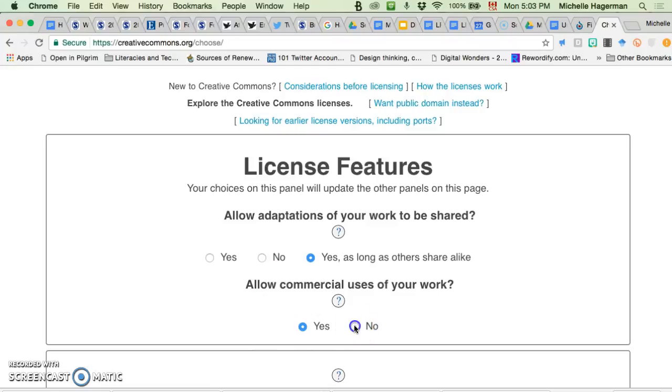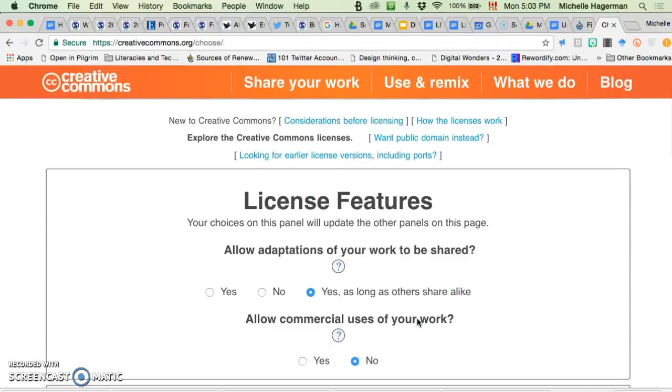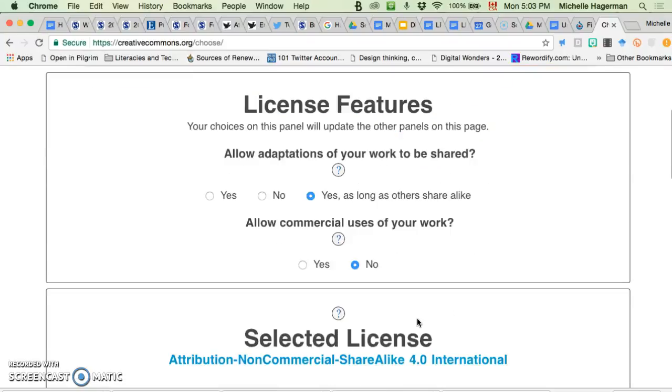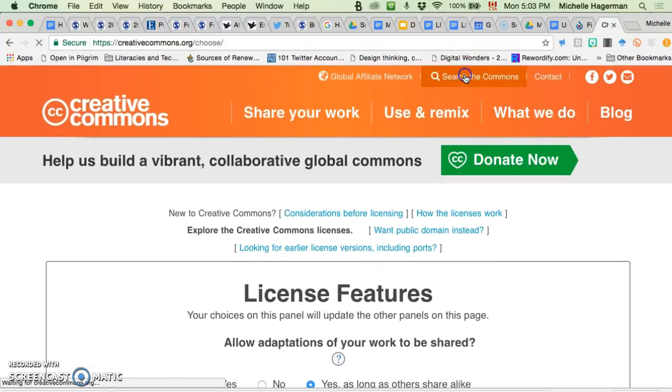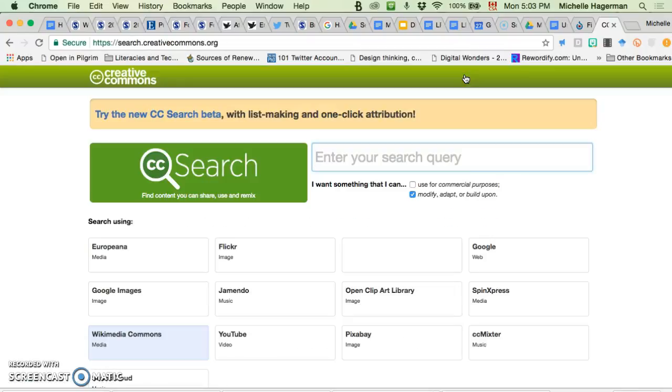And you can say yes or no, but basically it means, do you allow other people to make money off of something that you've created? I'm going to say no. So let's say I've made this infographic or I've taken a photograph. The website automatically creates for me a license, and then I can grab that license and I can put those icons onto the work, and then everybody who sees that work knows what it is that I do and do not permit. And likewise, as a user of content, you look for those symbols and you know what you can do. So how do you find Creative Commons licensed works?